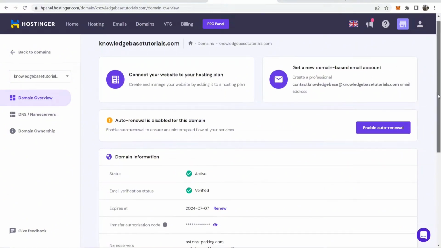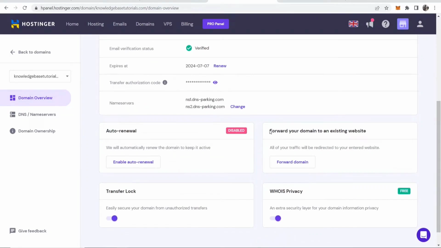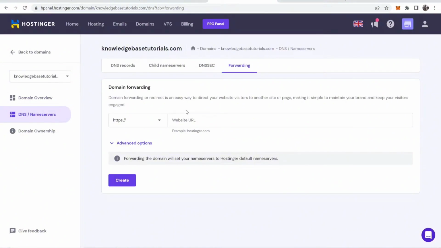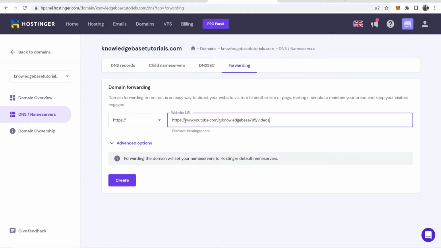Now all we need to do to forward the domain is scroll down, and here you'll see forward your domain to an existing website. You can click here where it says forward domain, and now we need to enter in a website URL. So for the video, I'm going to forward it to my YouTube channel. So find the page you want to forward it to, then copy the exact URL, and then go back into the Hostinger website, paste in the URL,